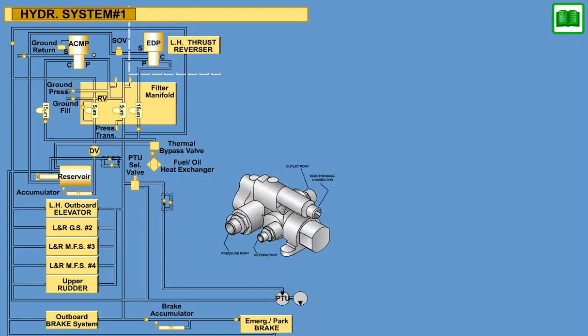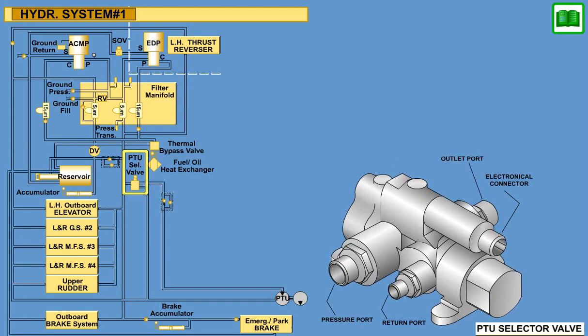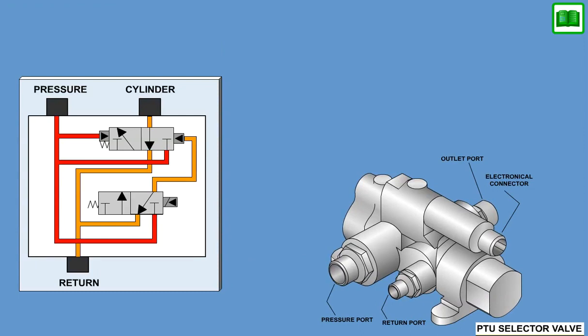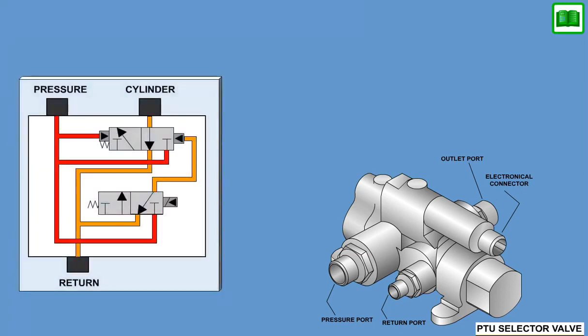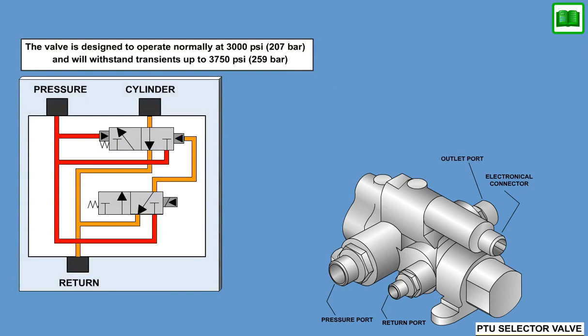System 1 utilizes a solenoid-operated valve to control operation of the Power Transfer Unit motor. The PTU selector valve is a three-way, two-position, pilot-operated spool valve. The valve is normally closed and pressure-operated to the open position. The valve is designed to operate normally at 3,000 psi, 207 bar, and will withstand transients up to 3,750 psi,